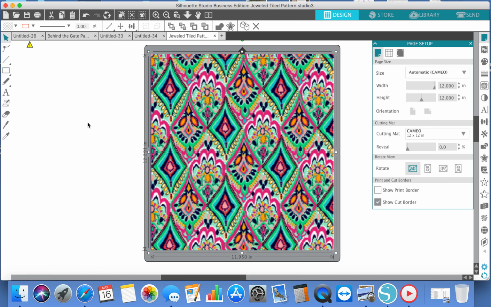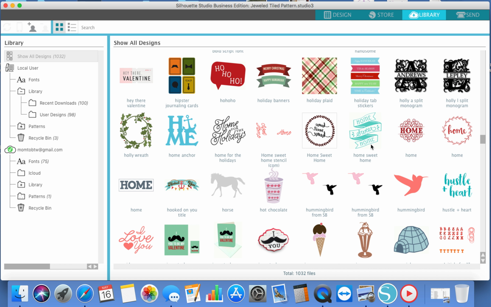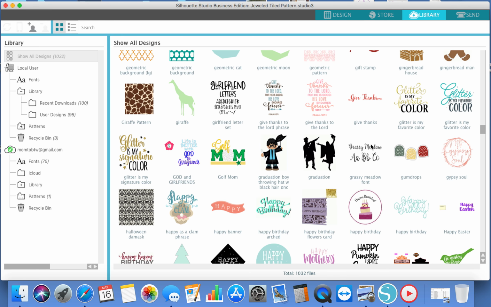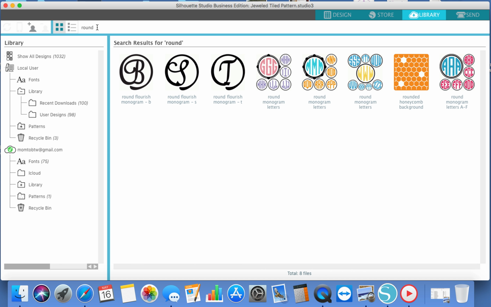Okay, so I want to use this print and I want to create a round monogram. My round monograms are in my library, so I'm going to go back to the library. They are not in the font area where they normally are. I'm just going to type in round monogram. And I got these monograms from the Silhouette store. And I'm going to use